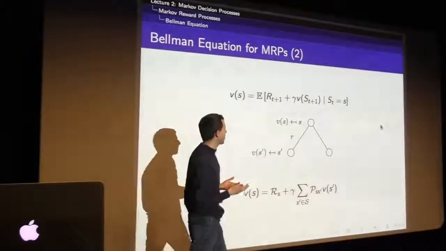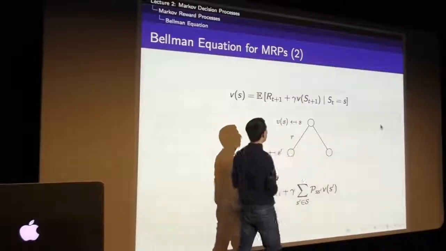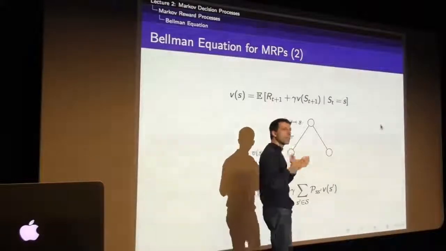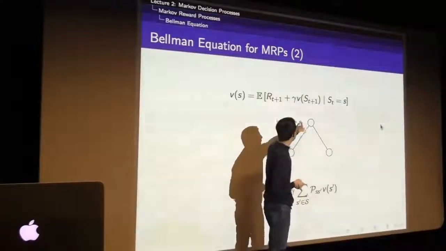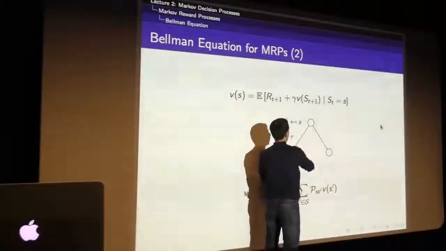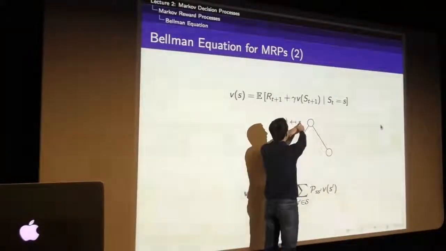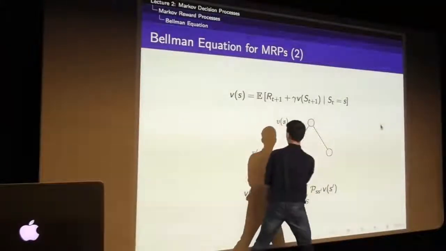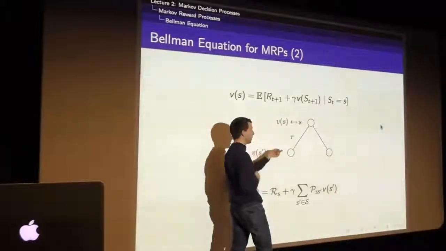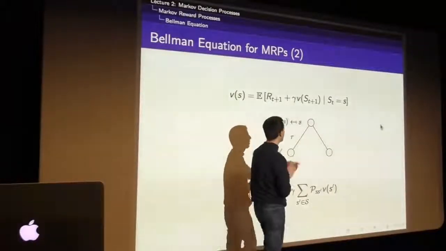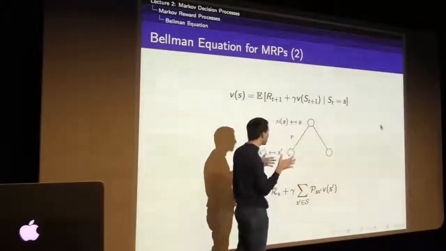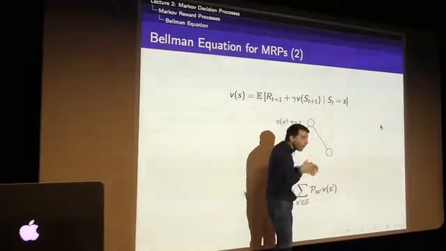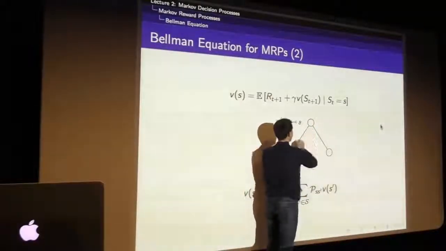One way to understand this is by using what we call backup diagrams. You can think of this as a one-step look-ahead search. We start in this state S, and we can look ahead one step. This state S leads to a value function of V of S. If we go down to S prime here or here, we're going to have a value function that's V of the successor state. And we're going to get some immediate reward along the way. So we can think of this as a one-step look-ahead tree, where you start in this state, you look ahead one step, you integrate over the probability of each of these